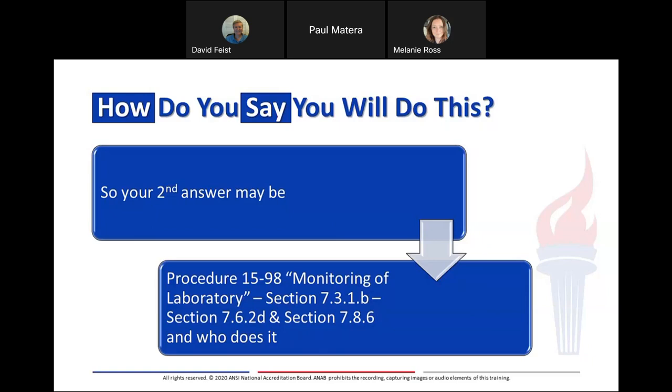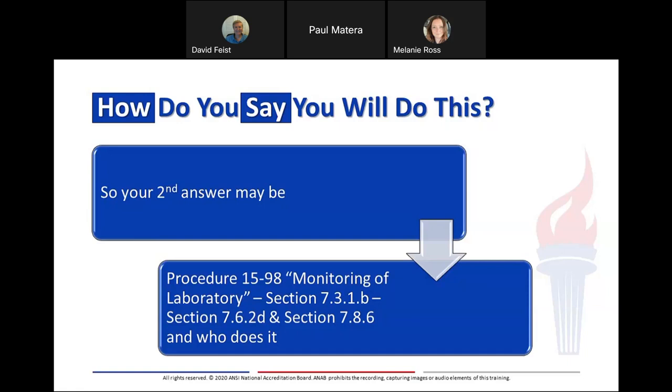And this also lists who is responsible for doing this. So wow, by answering these first two questions you've said, hey, this is what we say we're going to do, and the second answer says, hey, this is exactly how we are going to meet this requirement. And wow, you've just given yourself a lot of information.